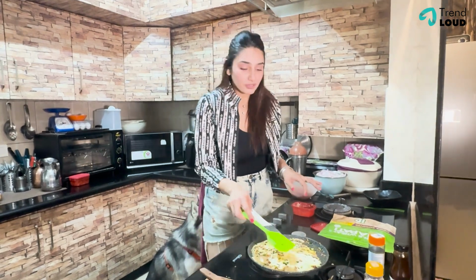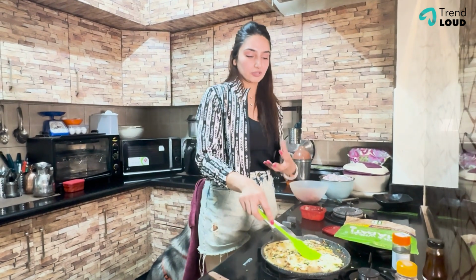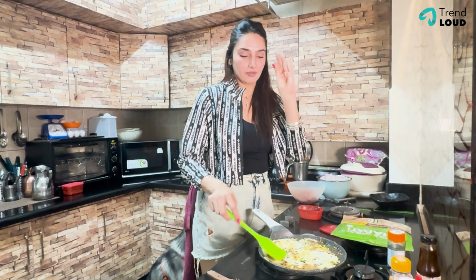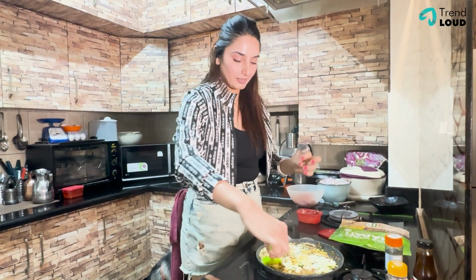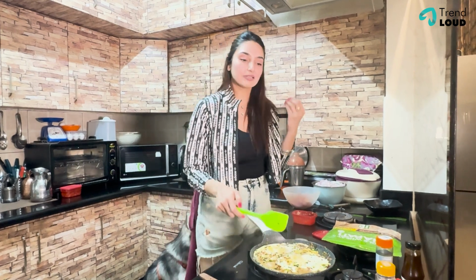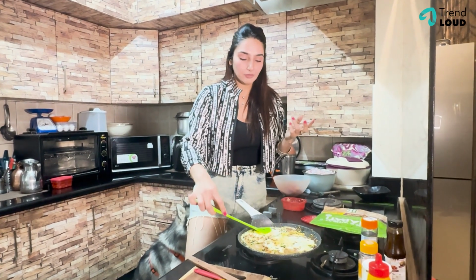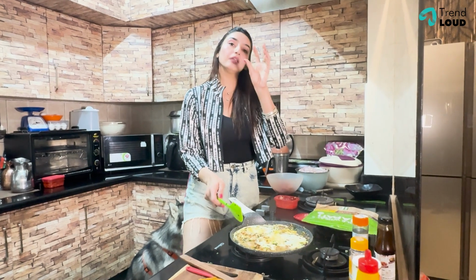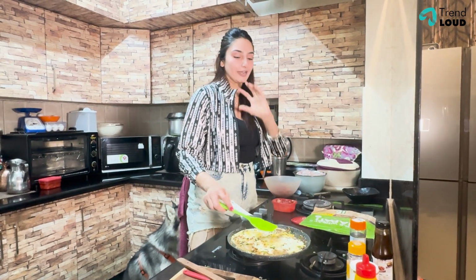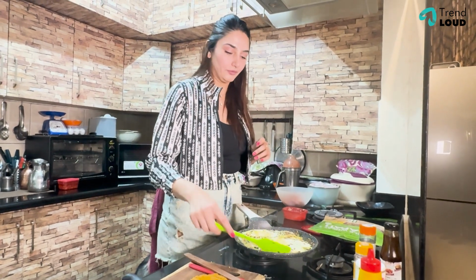I love how it's looking. I love how the color has just come out. The egg is just perfectly cooked. Now the smell is coming out really nice. You have to keep this in mind: you should never overcook the egg. The taste of the egg is just right. Sometimes if it gets overcooked, you can just balance it with other flavors, but